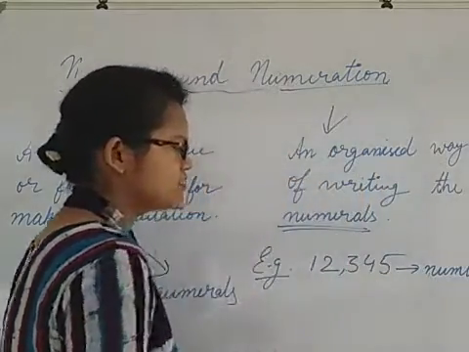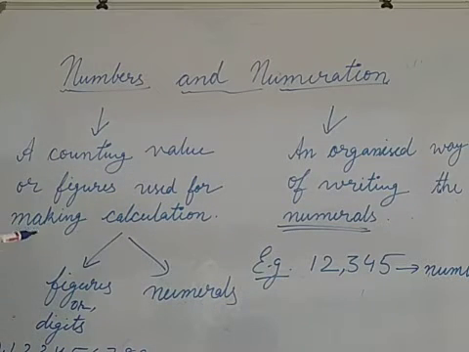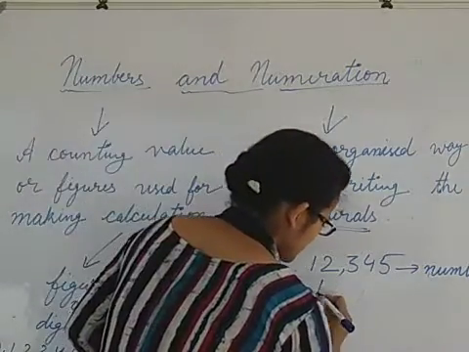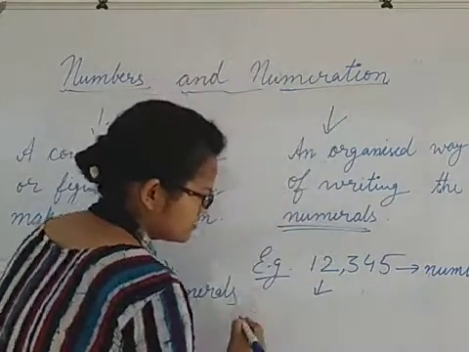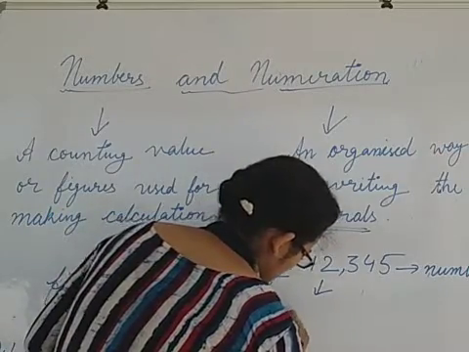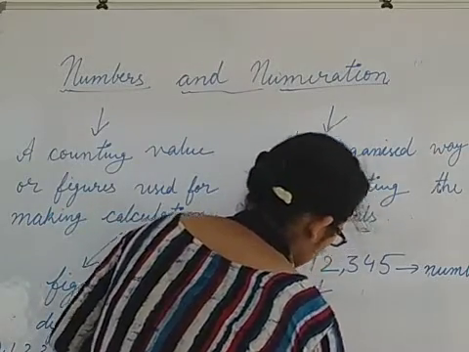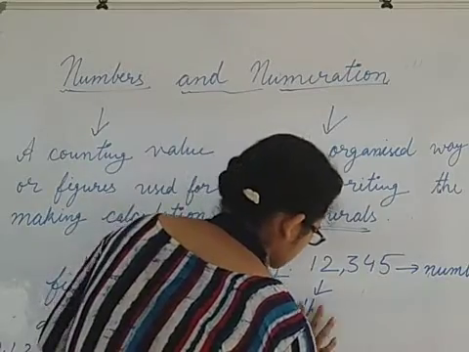The digit representation of this value is known as figures. And if we write the same in words, like 12,000